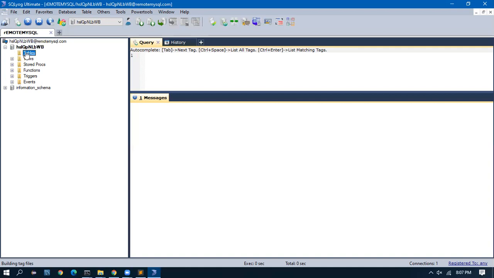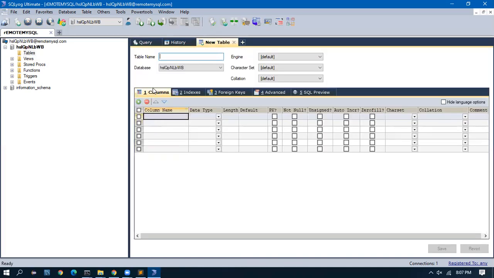So what we'll do today is, since I deleted, I'll refresh once again. So I will create a table as user. T001_user is the table, and I'm going to have user ID as a column.